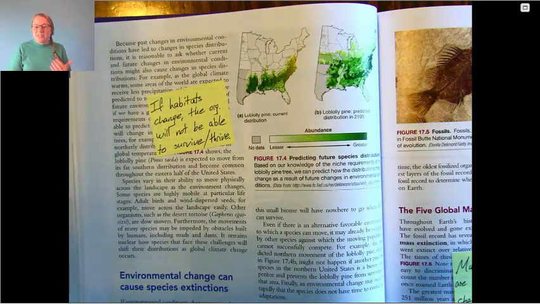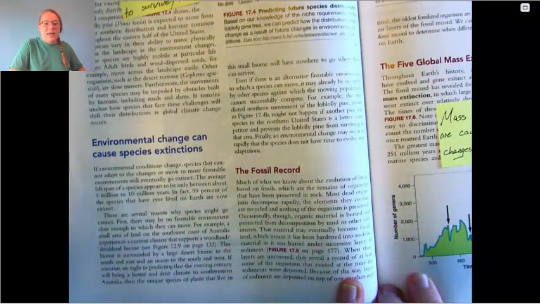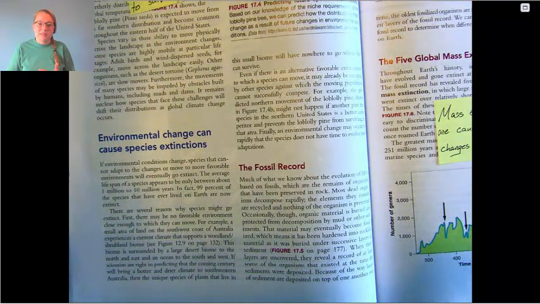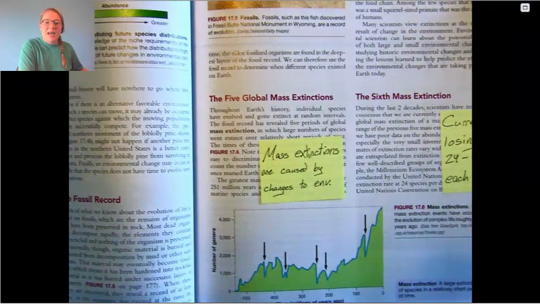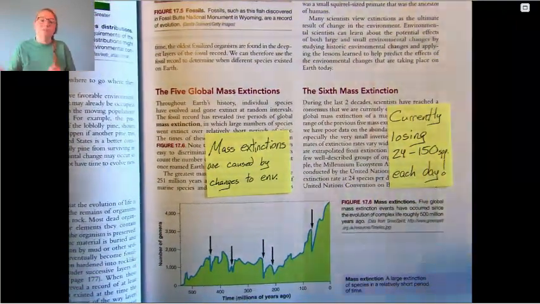But not all trees, not all species are able to move as quickly as would be needed for this to happen. So we're able to look at what was around in the past, and that's our fossil record, and we're able to see how that biodiversity of the fossil record has changed over time. So we are looking at the biodiversity of